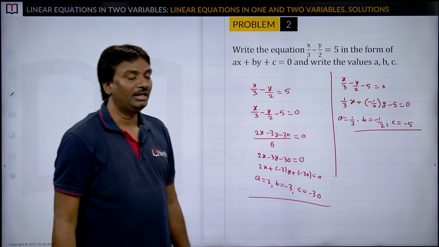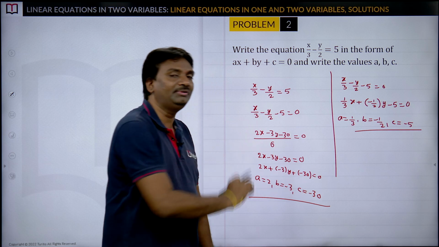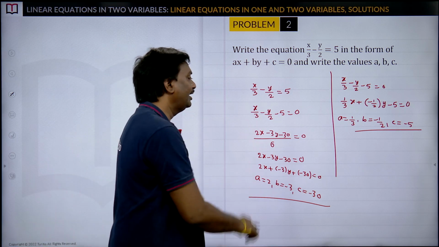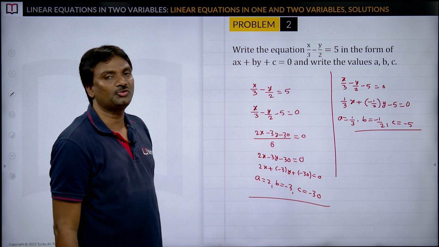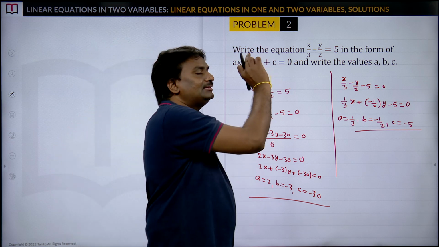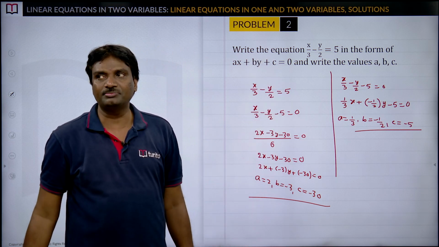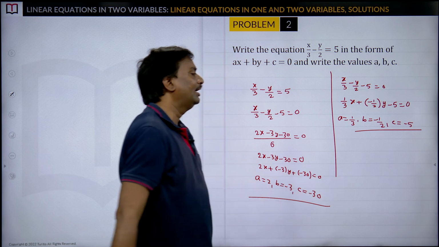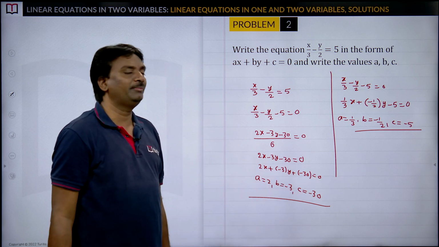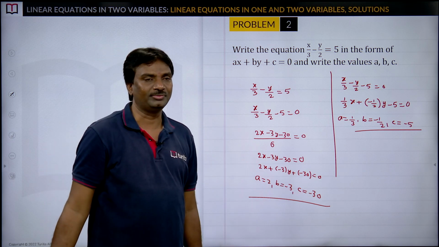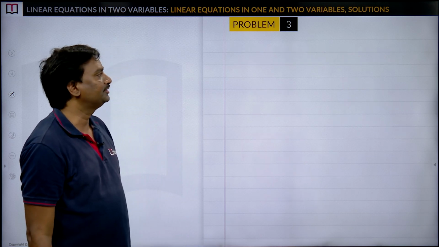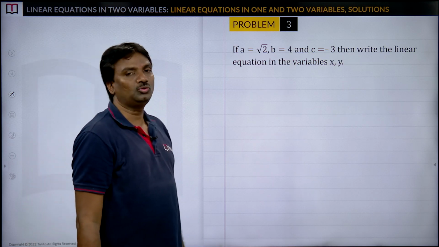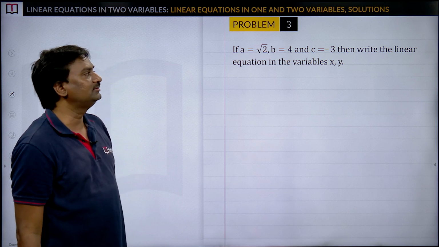This is also correct. If you take 6 as LCM, then you will get the values of A, B, C as A equal to 2, B equal to minus 3, C equal to minus 30. If you compare the given equation directly with Ax plus By plus C equal to 0, then you will get A equal to 1 by 3, B equal to minus 1 by 2 and C equal to minus 5. So, both are correct. Next, if A equal to root 2, B equal to 4 and C equal to minus